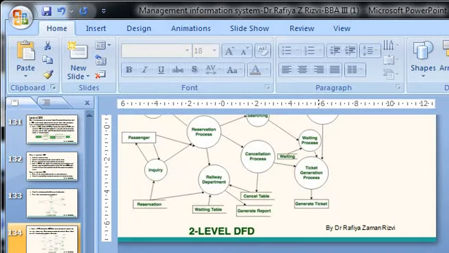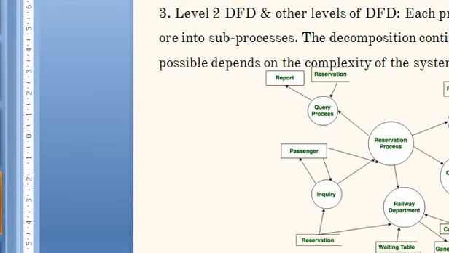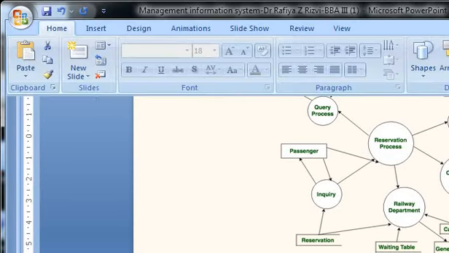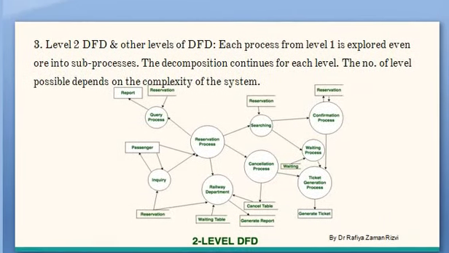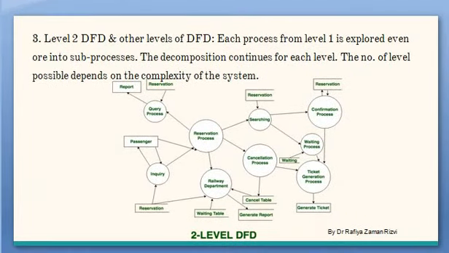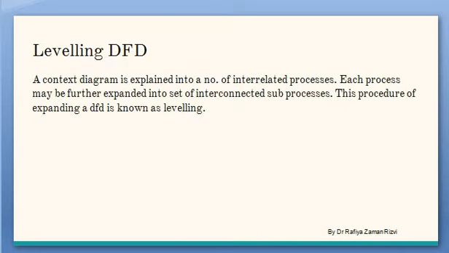Then the cancellation process, the ticket generation process, the confirmation process, then the searching process that goes on when we try to search for a train or a destination. Okay, so all these are further complex processes that go on inside a process, or the sub processes that go on inside a complex process. Okay, understood everybody?